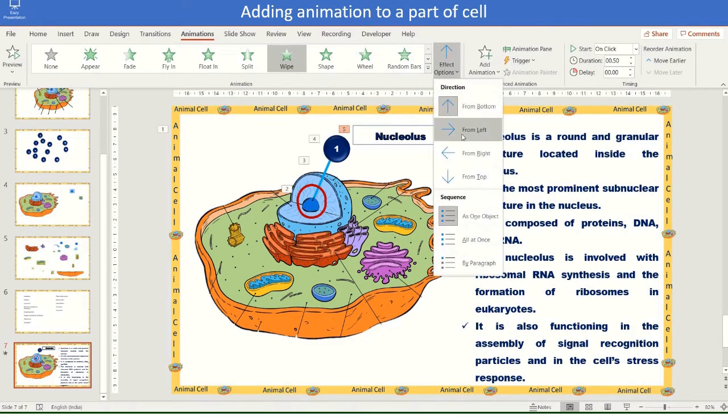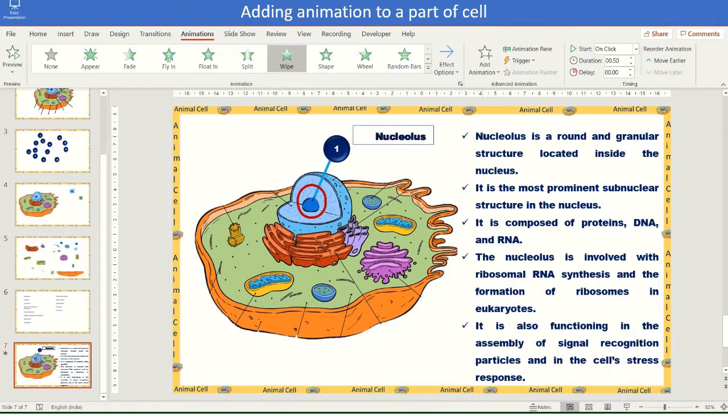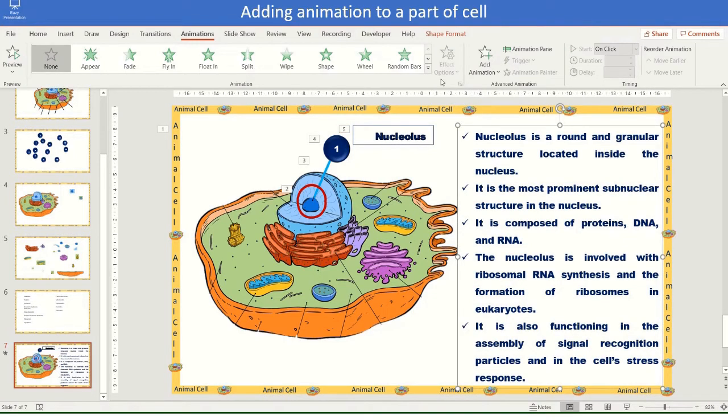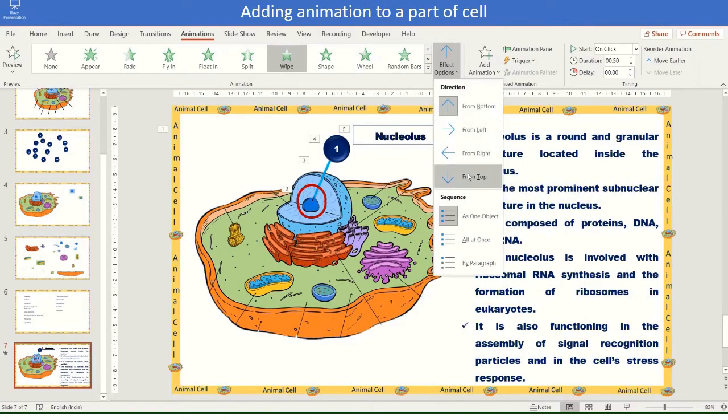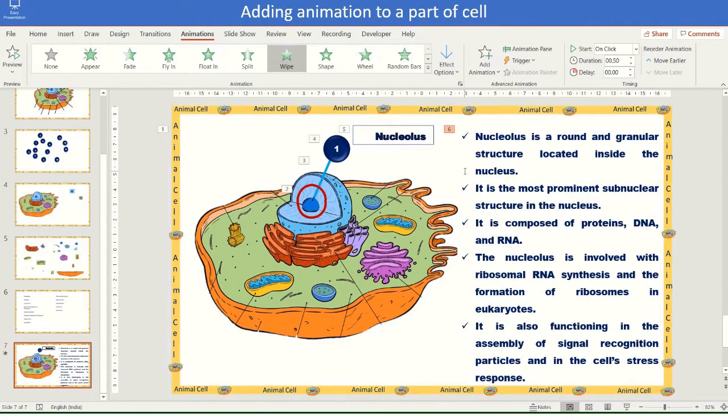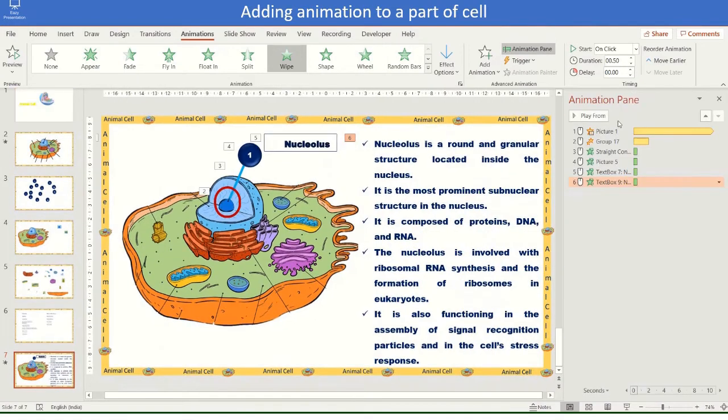Select the name of the part and give entrance wipe animation from left. Select information about the part and give entrance wipe animation from top. Click on the animation pane and click every object. Start with previous.